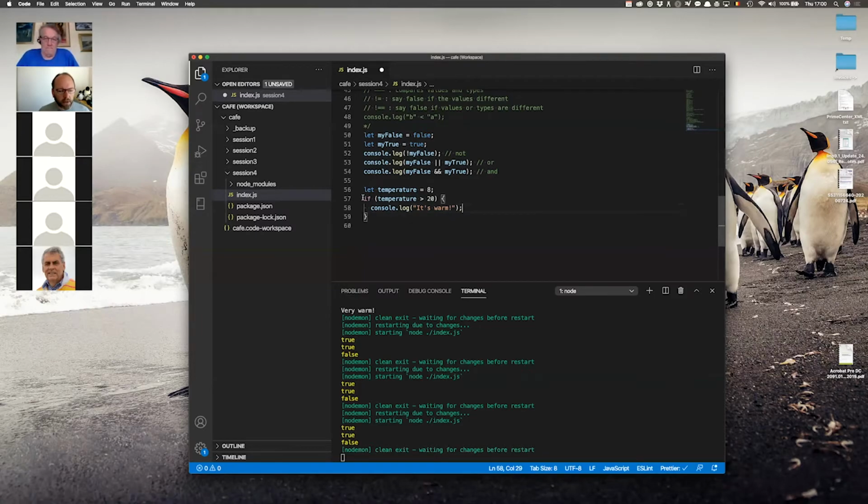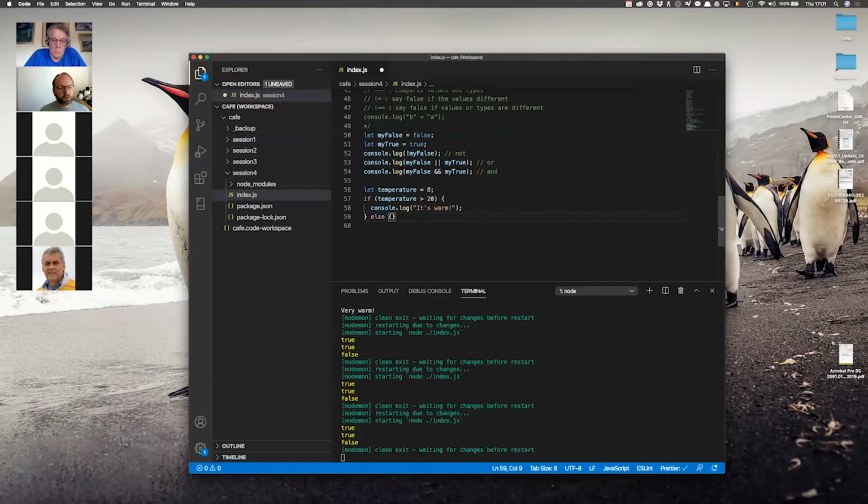Now, if I can do an if, you can imagine that maybe I also want to do something if the temperature, if this condition here is not true. So this line is only executed when my condition is true. What if I want to run something if the condition is not true? Well, it's almost English. I can say if and then else,